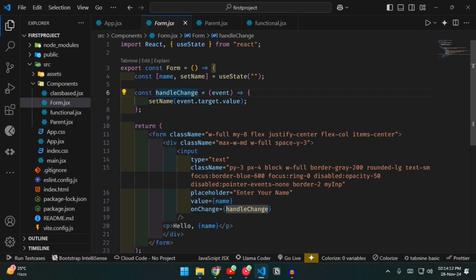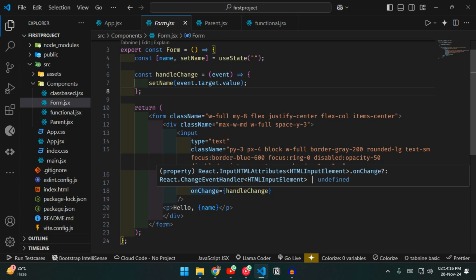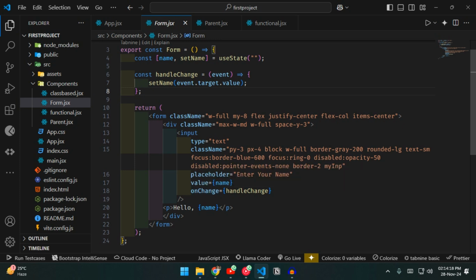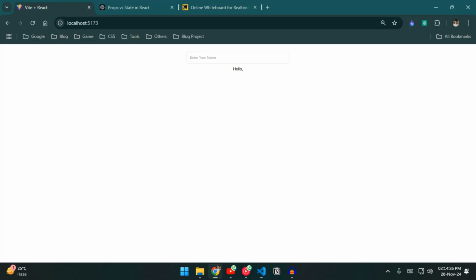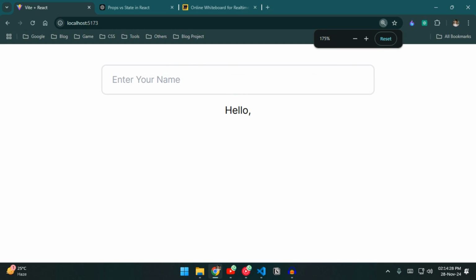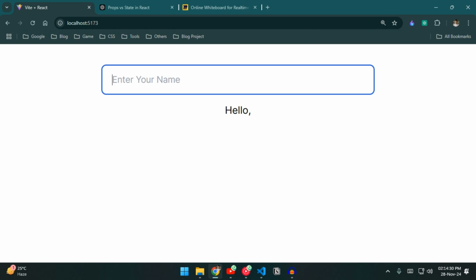On change, whenever the value is being changed, the state is being updated. To show you the example, this is our input. Just look at the input box and the hello text down below. As I am typing my name, it is updating the actual state. Let's understand how it is working.